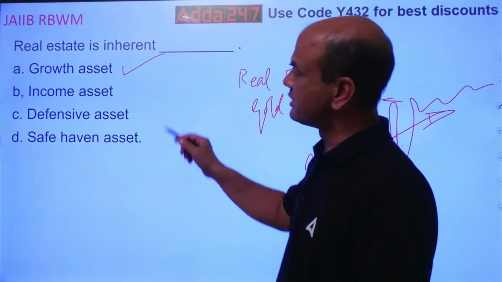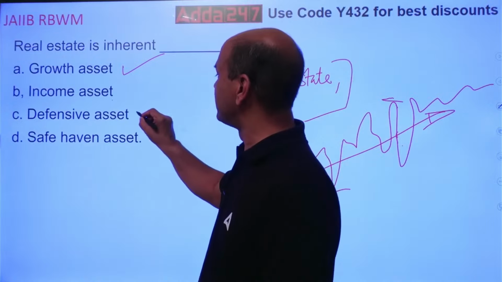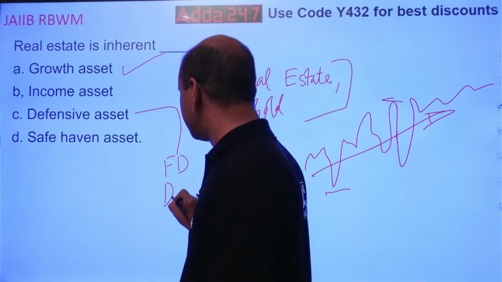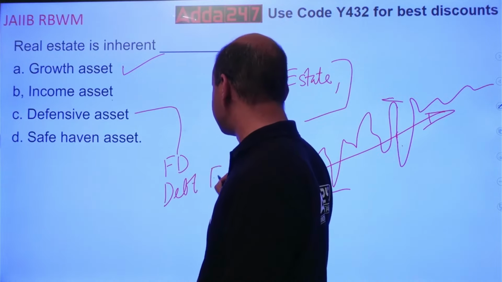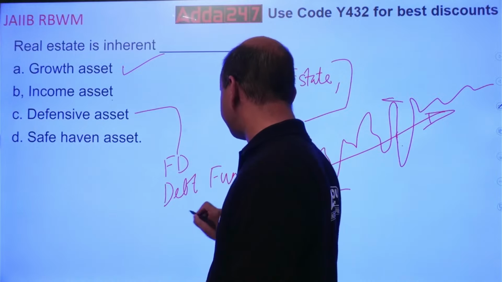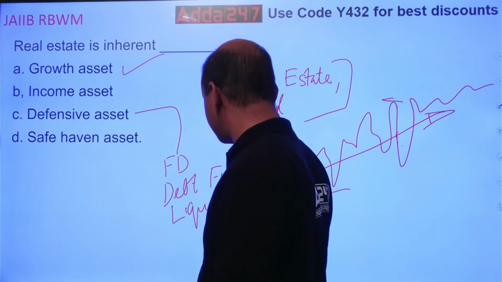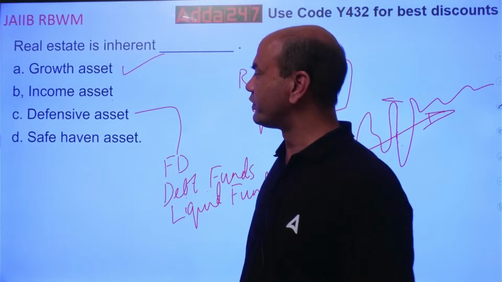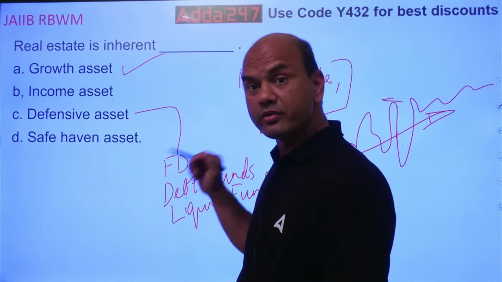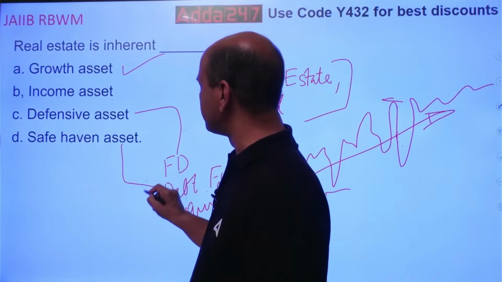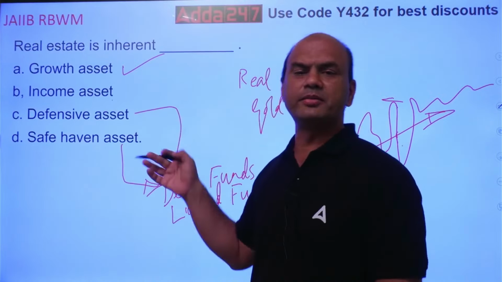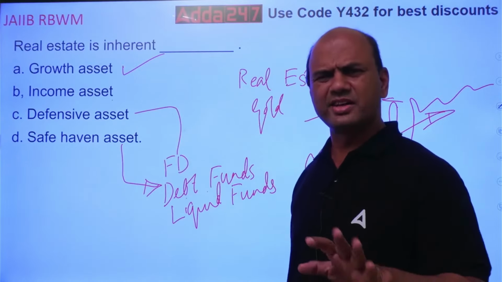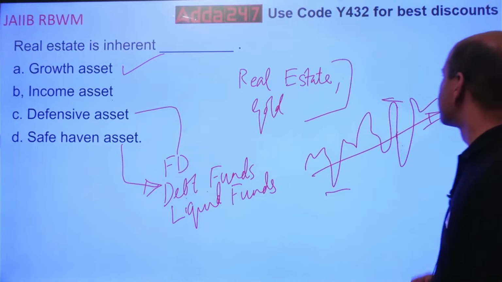Which is a defensive asset? Defensive means basically FD. Here, what are the defensive assets? FD, bank FD, debt funds, liquid funds, okay, liquid funds. These are all called defensive or even safe haven assets. These are also the same. Both these are roughly the same name, same meaning. Okay, defensive assets, safe haven assets, roughly the same. Okay. Next,